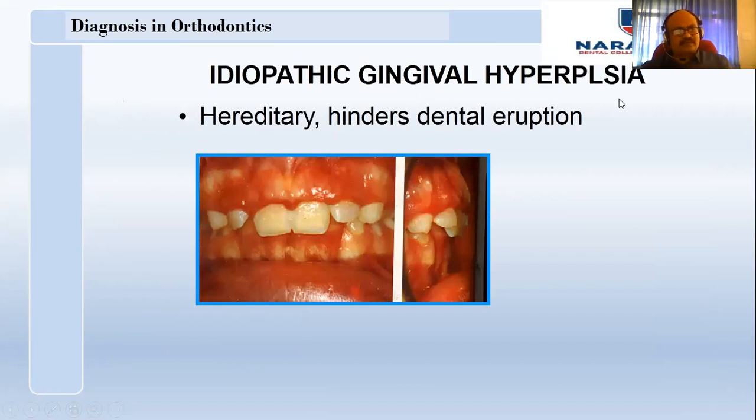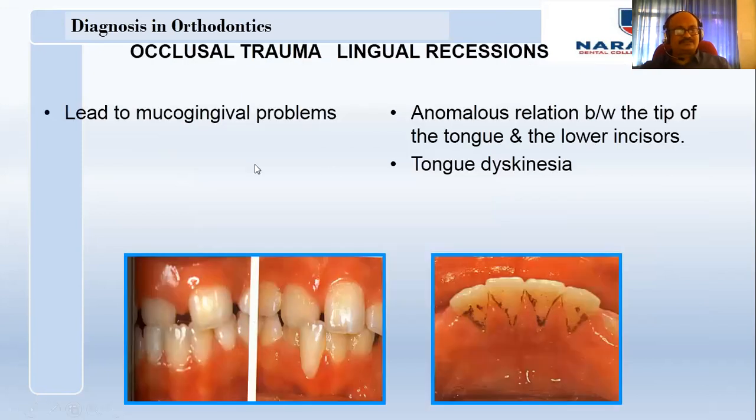Next comes the examination of gingiva. Usually, the gingiva will be coral pink in color. It is knife-edge marginal. Sometimes you will find heavy hyperplasia of gingiva, fibrotic gingiva, which hinders the normal eruption of the teeth. And in mouth breathing conditions, you will find a fiery redness of the marginal gingiva. Sometimes it develops due to inflammatory conditions.